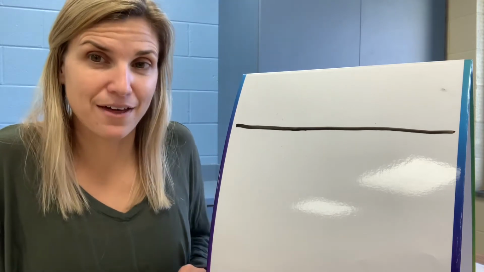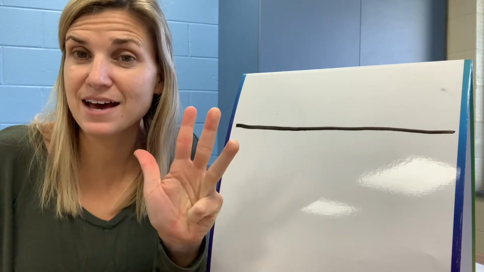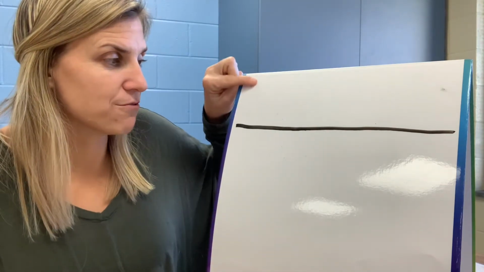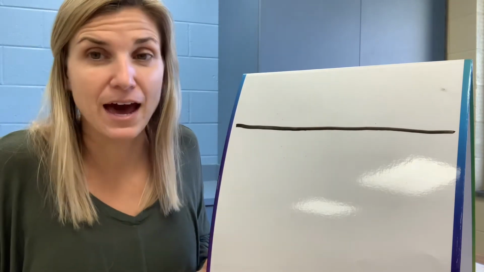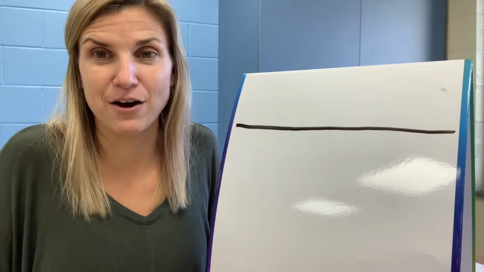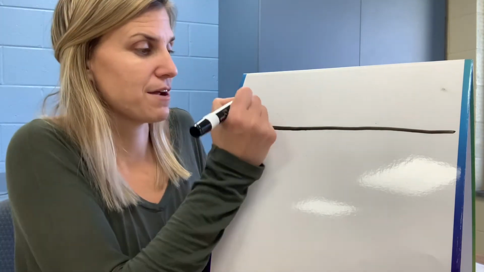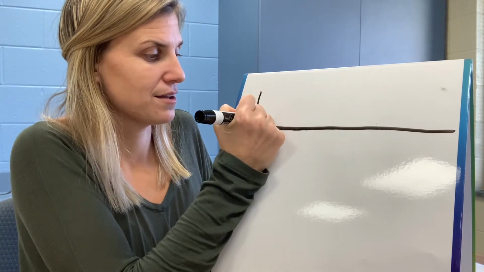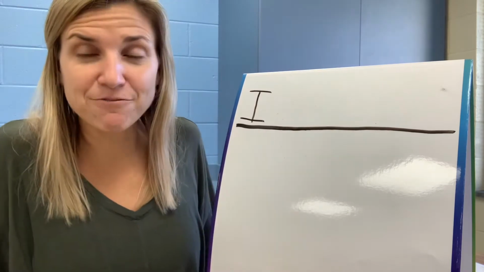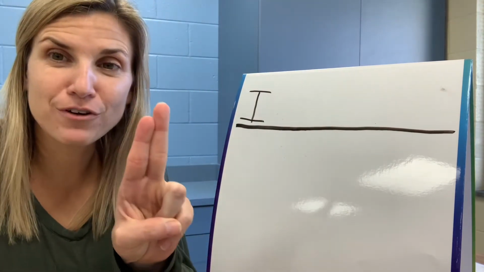So let's say that together. Ready? I can be nice. I have 4 words in my sentence. So my very first word is I. And remember, it's the first letter of our sentence, so it needs to be an uppercase or capital I. So I'm going to go ahead and write this on my paper. I.